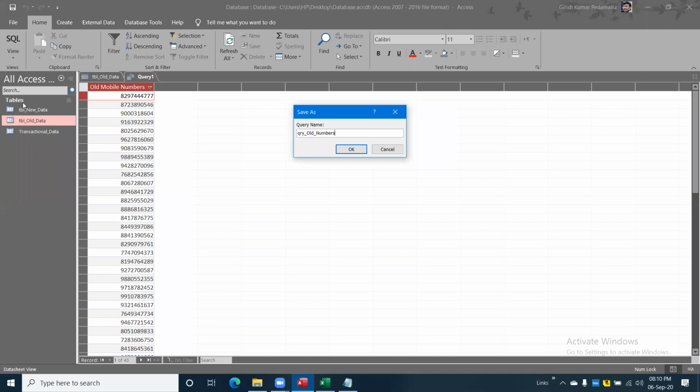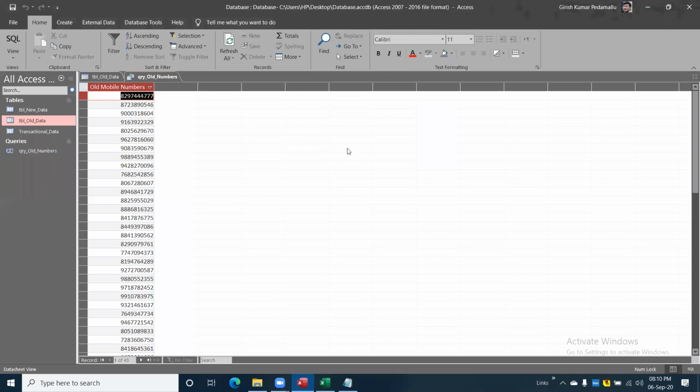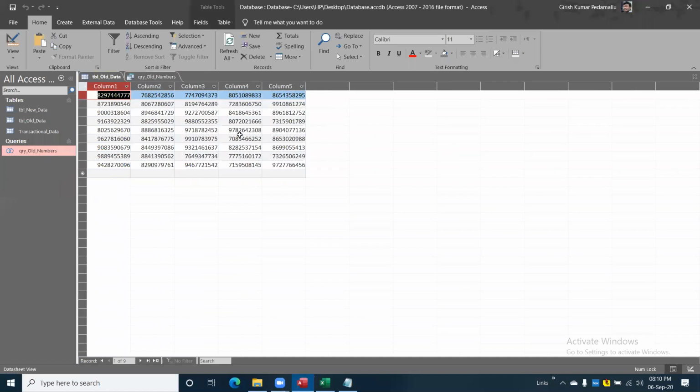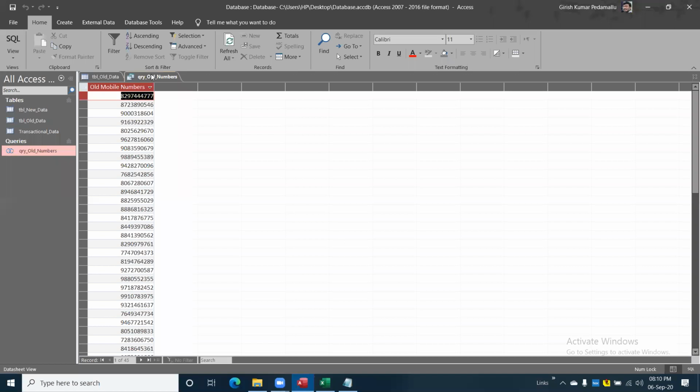It is showing tables. Under the tables heading, below are the 3 tables. Okay, if I click on OK, see the difference over here. See, it got created, one more queries header. Under that queries, whatever query name you have provided is going to show up over here. Whenever you change the data in this table, automatically this query will be updated. No need to do anything.